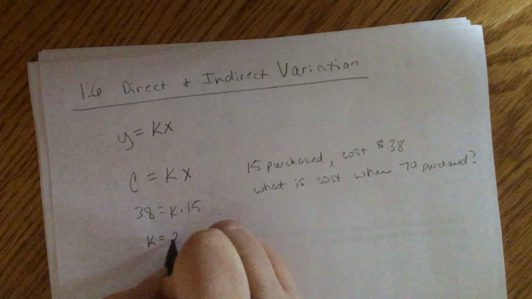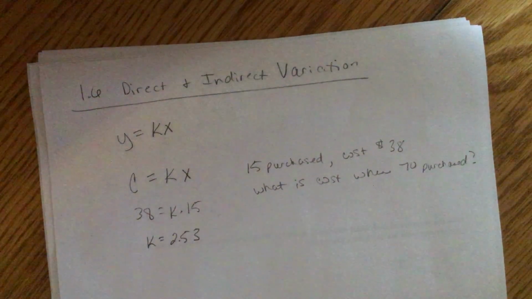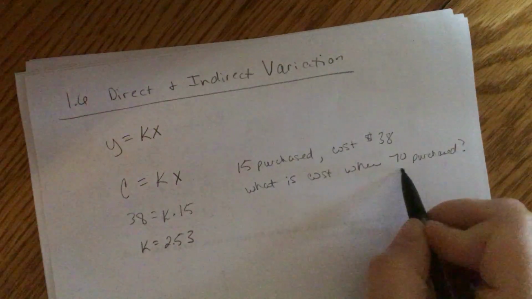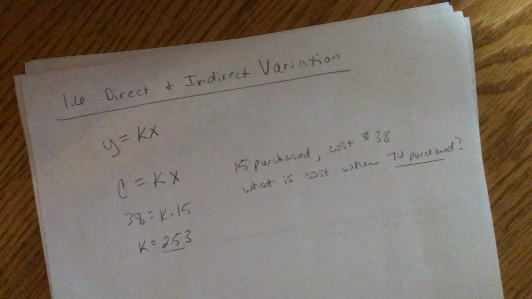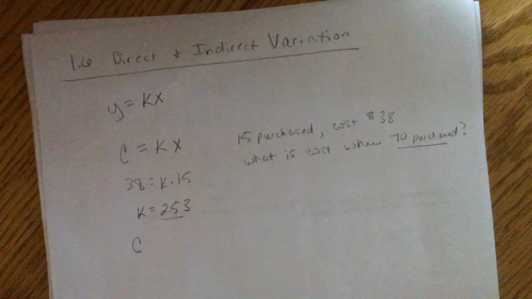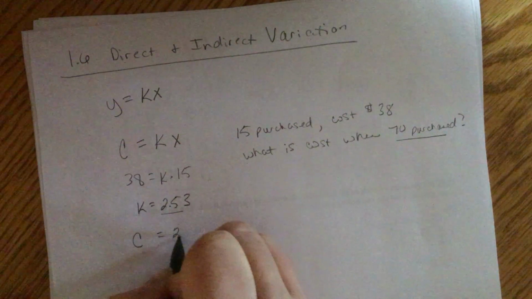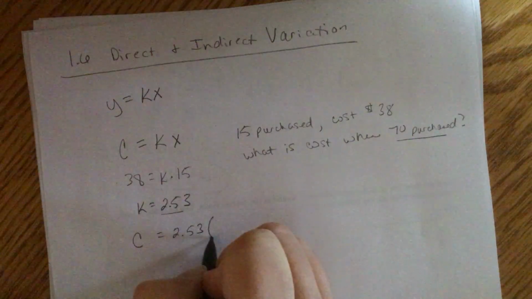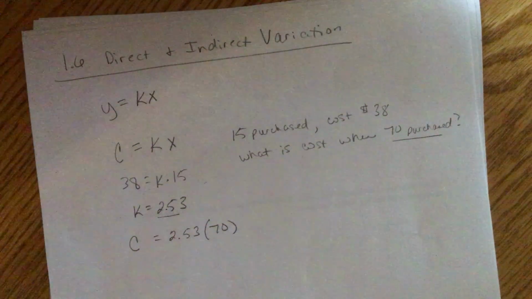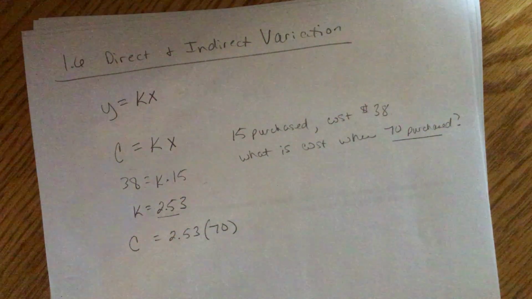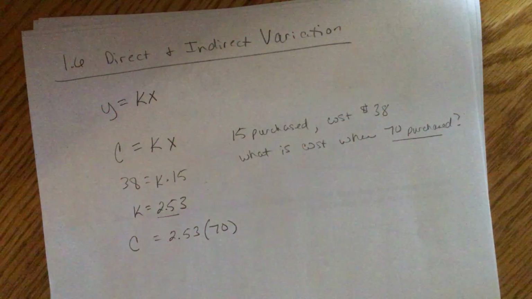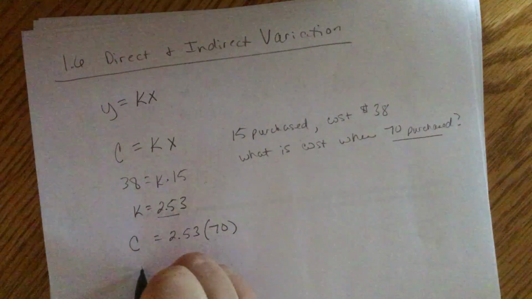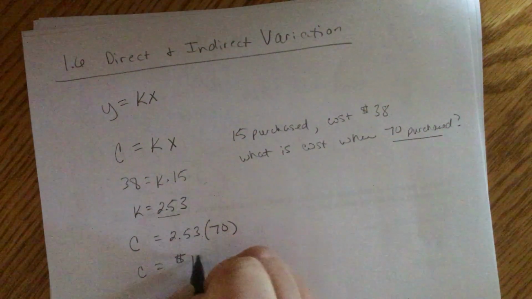So k is equal to 2.53. So then you put the given information and what you just found into your new equation. What is the cost? So k is 2.53 when 70 are purchased. So just take 2.53 times 70, and your answer is 177.1. So your cost would be